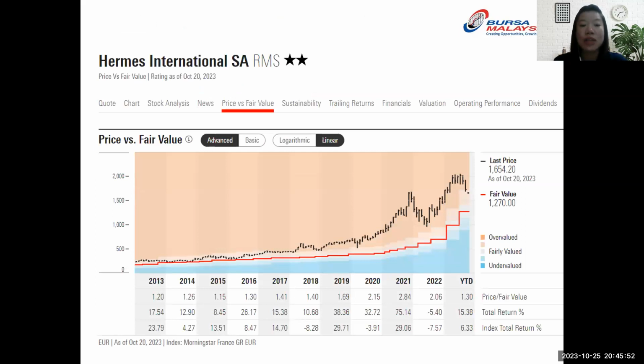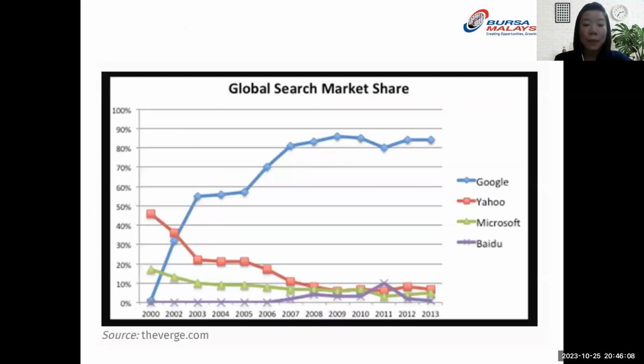From my experience, good companies like Hermes can remain overvalued for an extended period. You see, most of the time it stays above the red color fair value price. So it can stay there for an extended period of time. For example,